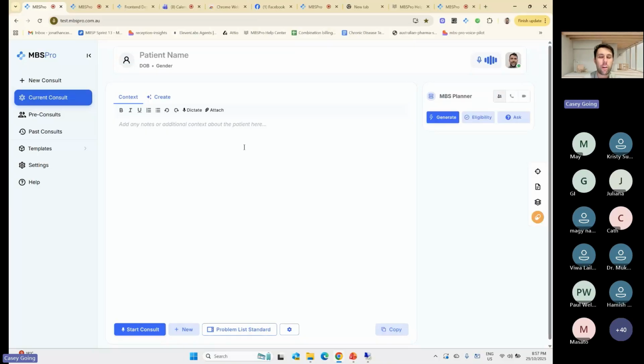A few things in the roadmap, not necessarily related to the BP integration. So personalizations. What personalization is just a more unique and niche way of doing edits to your template. So what will happen is your note will be created, and say the note that is summarized is a 53-year-old type 2 diabetic presenting for repeat script. So that's what your note says, as in after it's summarized.